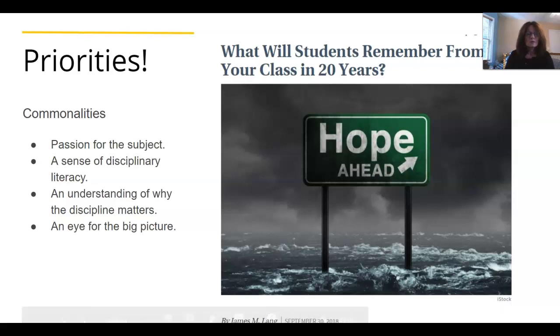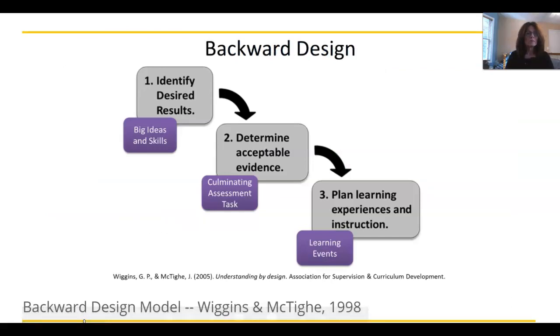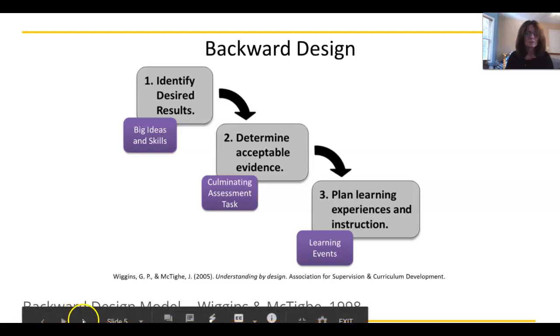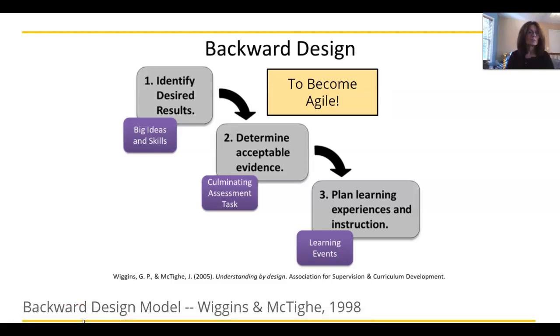This is the way we get started, and we'll be using what we call the backwards design approach, where we think about the desired results, and then we think about what's the acceptable evidence or the assessments that will help students show evidence of meeting our student learning outcomes or our desired results. And then last, we think about what are the learning experiences? What do students need to be engaged in so they can be successful on these assessments and again show that they've met the learning outcomes? That's an aligned course.